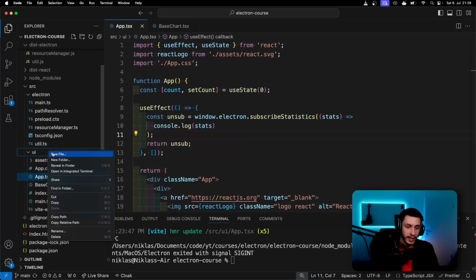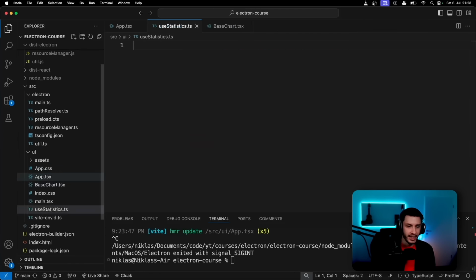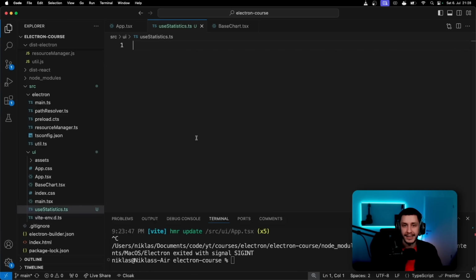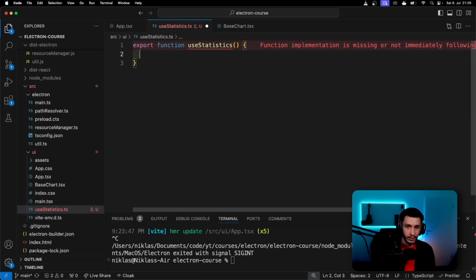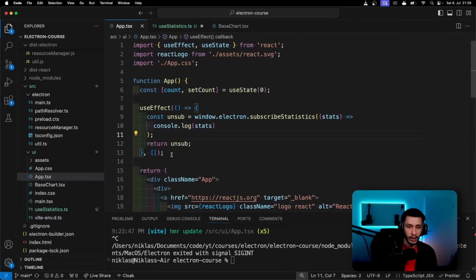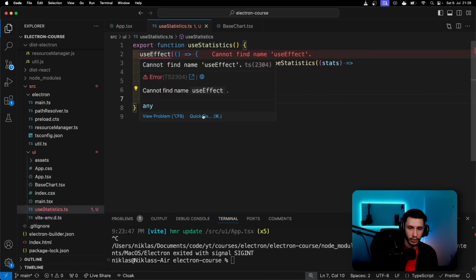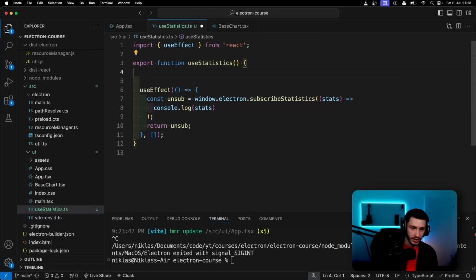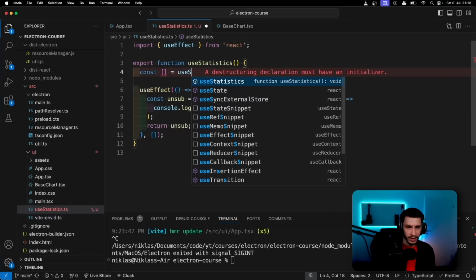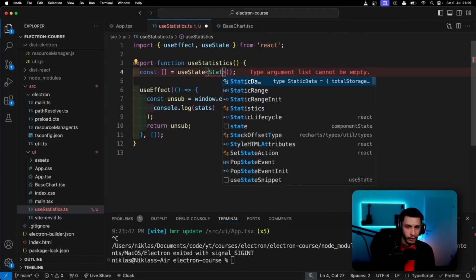So to do that, we'll create a new file called useStatistics.ts. And in here, we'll now define a custom hook that will do this for us. And we'll, of course, export it so that we can use it elsewhere. And for now, we can basically copy over the useEffect we already have and import that real quick. And now we, of course, don't want to console.log this. What we want to do instead is define some state to house it. So useState. And a useState is actually going to be an array of